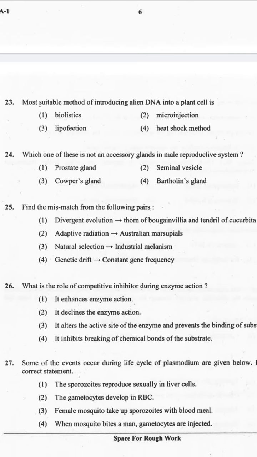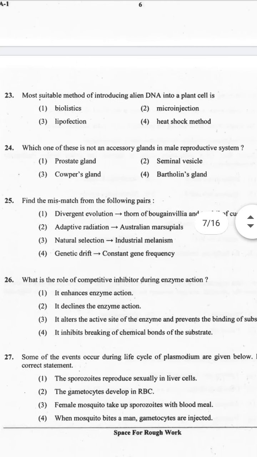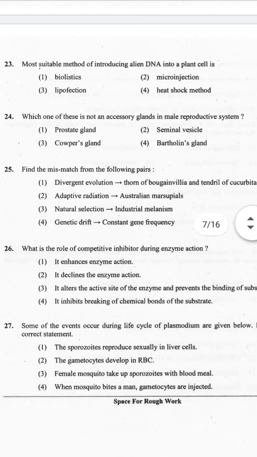Now let's go to question number 24. Which one of these is not an accessory gland of the male reproductive system? 1, prostate gland. 2, seminal vesicle. 3, Cowper's gland. 4,